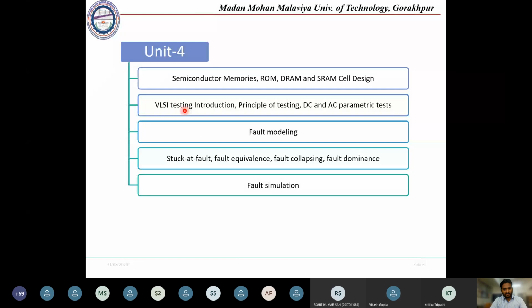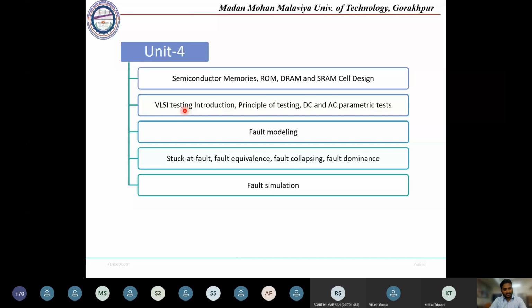While manufacturing any chip, chips are manufactured in millions, 10 million, 100 million numbers. One chip is not fabricated at one time. So once we are fabricating 1 million or 10 million chips at a time, we have to check whether these chips are perfectly working according to our requirement or not.